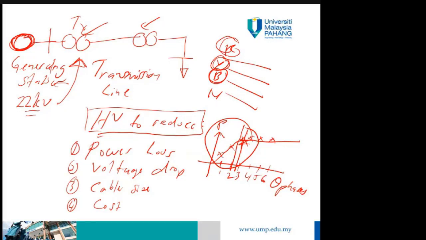And this is single phase representation. This we call it as single line diagram. We have generator, transformer, this one transmission line, this one another step down transformer, this one is the load, this one load. Okay, this is bus bar, this called as load. This is a single line diagram.